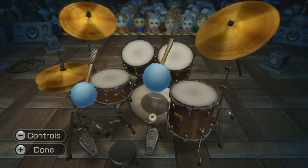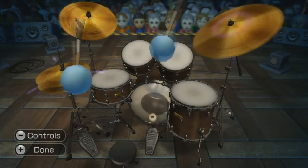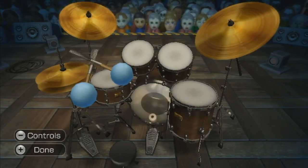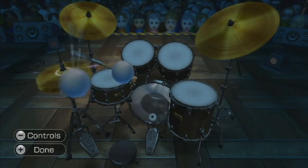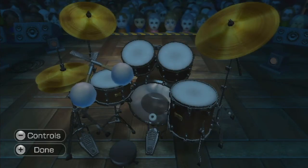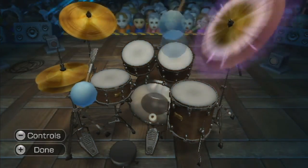Your hands are kind of facing the TV almost, because the Wiimote's straight. Try to turn your wrist inwards. If you're holding the Wiimote with your left hand, you turn your wrist inwards to the right. If the Wiimote's on your right hand, you turn your wrist inwards to the left. So the tops of your hands are facing the ceiling, the palms are facing the ground. If you're holding the Wiimote properly, the buttons are gonna be facing sideways, and the side of the Wiimote's gonna be facing up and down. But if you move your wrist up and down now,